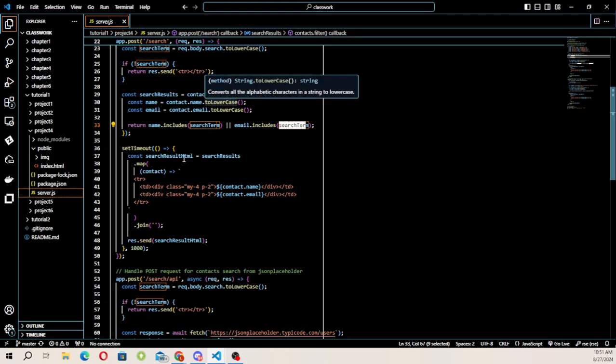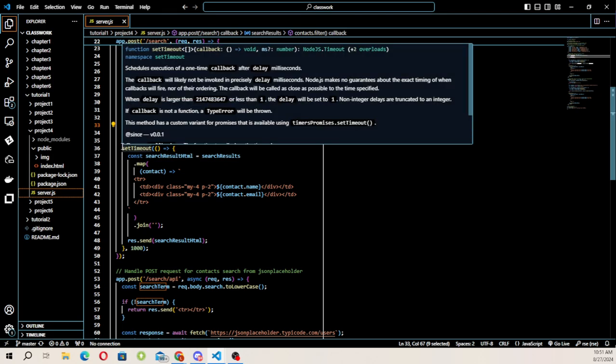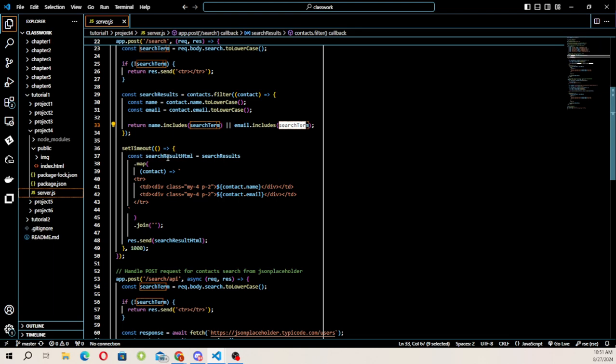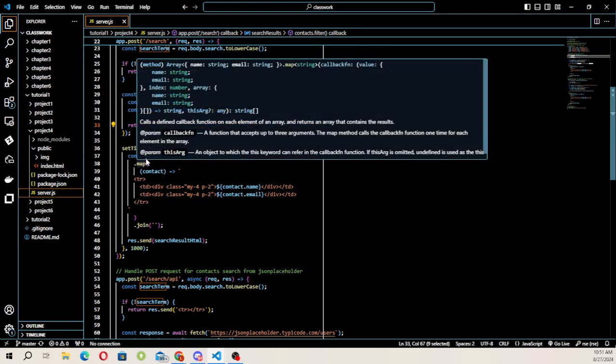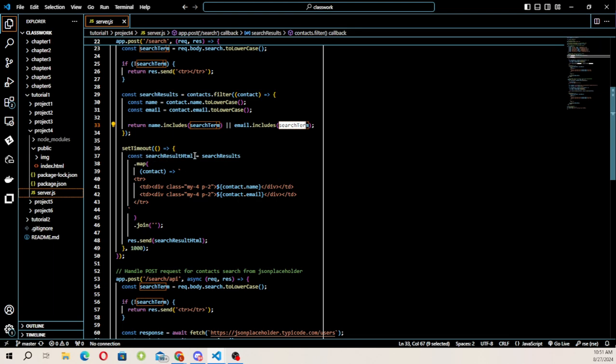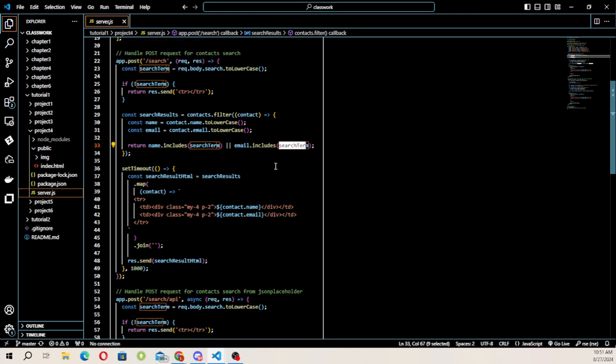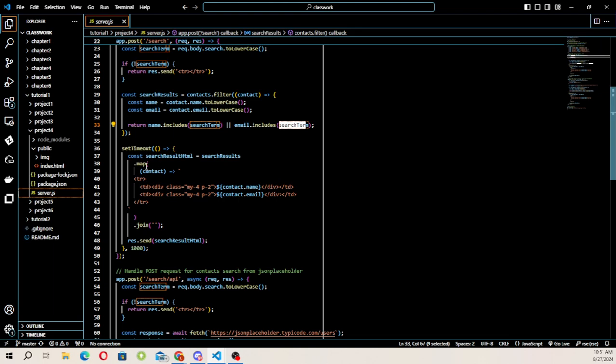And then after all of that, we are going to have a set timeout function, which is going to run an anonymous function inside of it. We create a variable called search results HTML, which is going to be equal to search results, right? And inside of that, we're going to map our search results, right? And we're going to run this function here for each element that's part of our search results. Remember, search results is this variable here, and it's going to be an array because we're filtering through an array